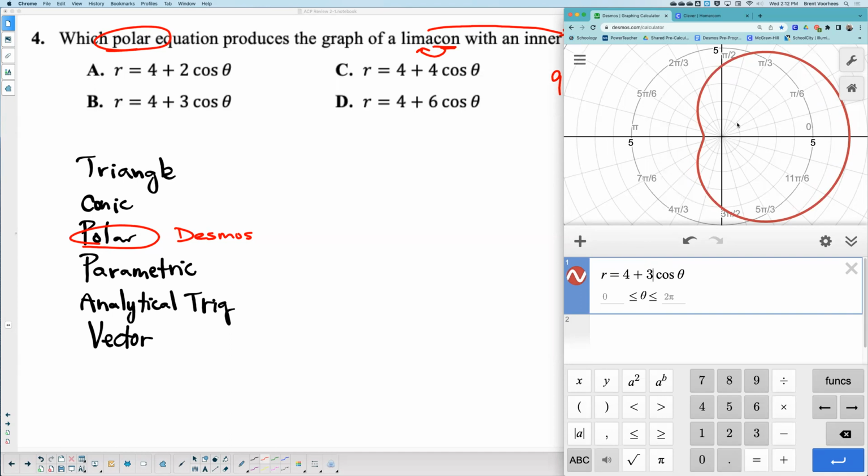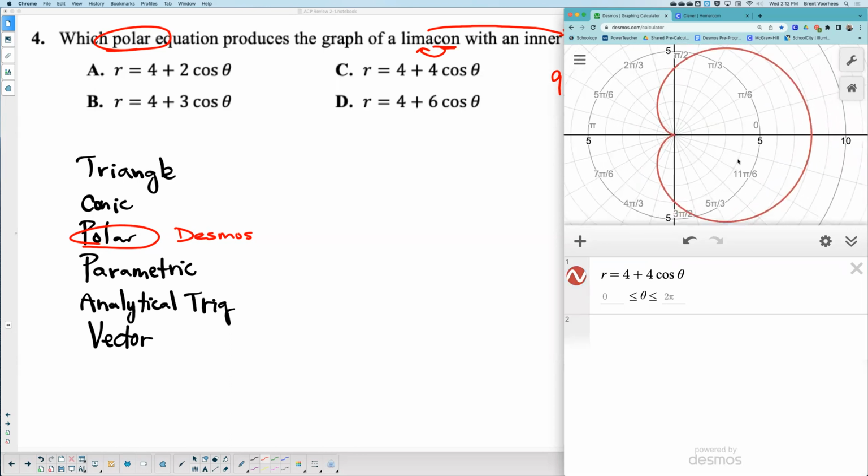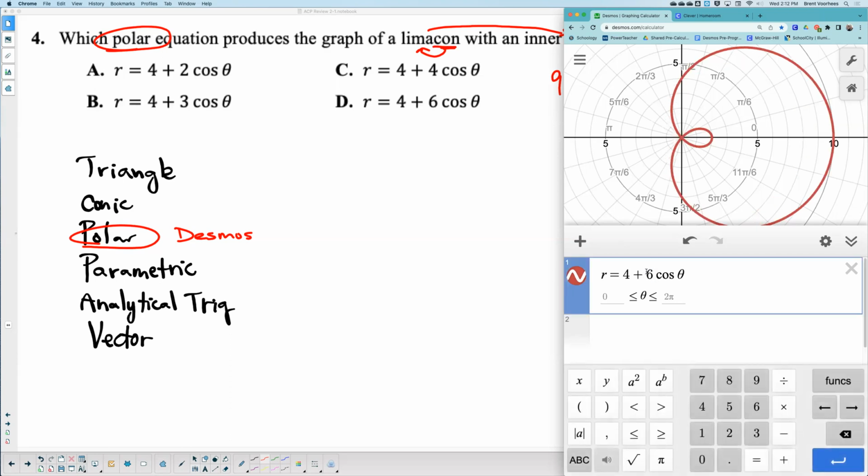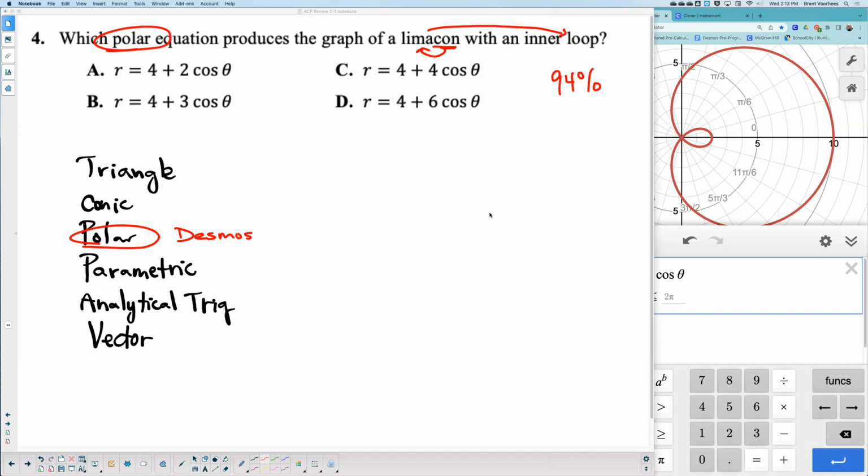What is this one? It's starting to look like a cardioid. It's still not quite. I think they called this one a dimpled limacon if they're specific. That one's getting closer, but this one, I know what this one is. That's what I was looking for before. What is this called? Cardioid. It looks like a heart, a peach, a butt, anything like that. It's a cardioid. And finally, that means 6 must be, or 4 plus 6 cosine. This is our limacon